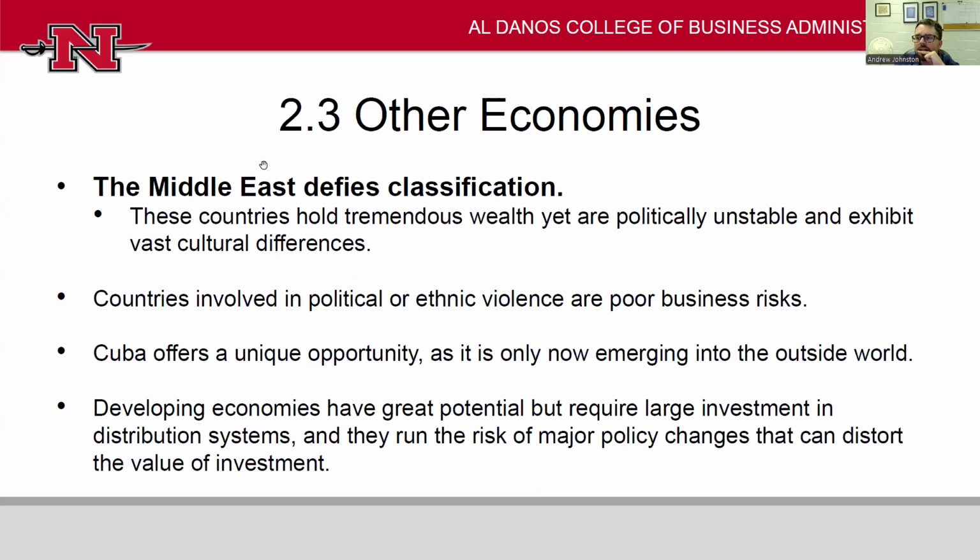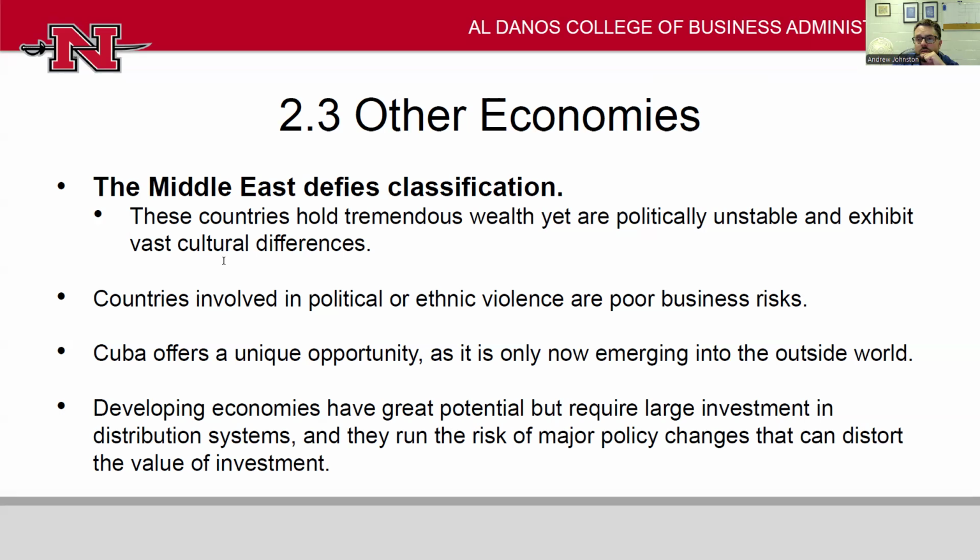There's this interesting Middle East classification issue because countries like Dubai, Saudi Arabia are some of the wealthiest countries in the world, and yet politically they're governed by dictatorships. There's cultural instability, political instability, maybe terrorism at a higher level than you would find in Europe or North America. But they have this wealth due to the presence of oil. Venezuela would be here, but they're politically so fraught that the wealth that should be there because of oil and gas development isn't there. So it's an interesting case all on its own.